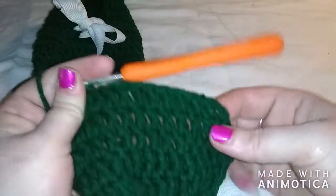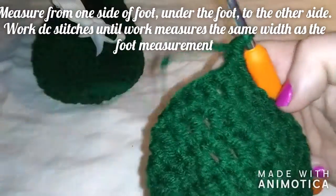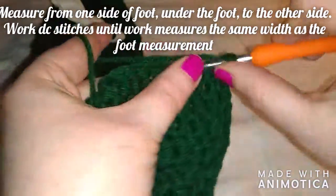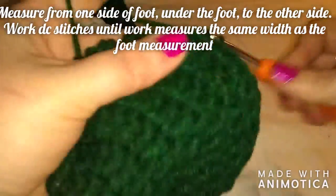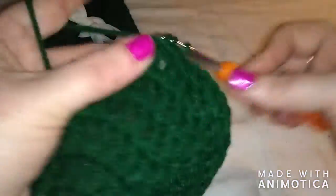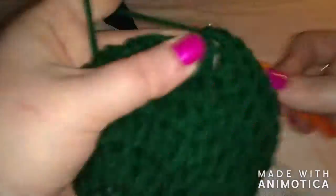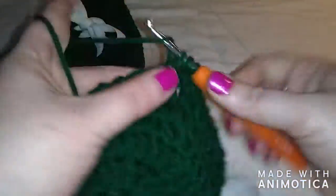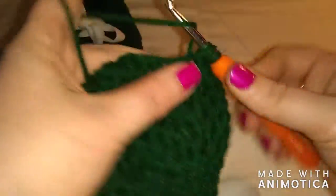So, oh, I lost count. What do we got here? We've got 1, 2, 3, 4, 5, 6, 7, 8, 9, 10, 11 stitches. Again double crochet, and we're just going to keep going until we get to 27. 13, 14, 15, 16, 17, let's get some more yarn here, 18, 19, 20, and now we need 7 more, 21, 22,